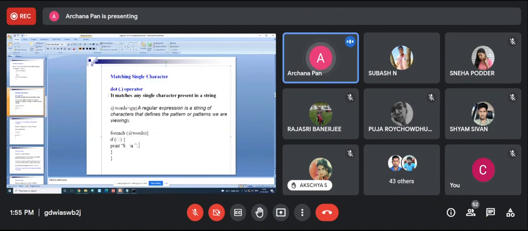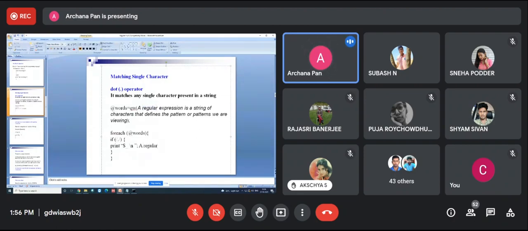See the function of the dot operator. It matches any single character present in a string. A is there, so it will print A. For the next element, because I have given the newline character, it will match a single character. Regular is there, so some alphabet is there, so it will match.